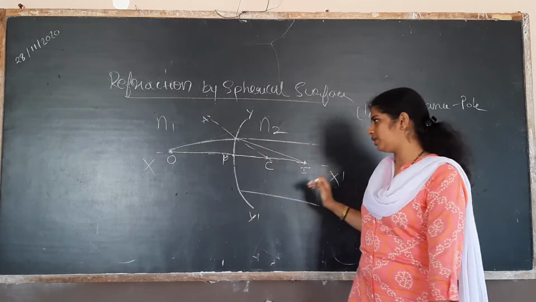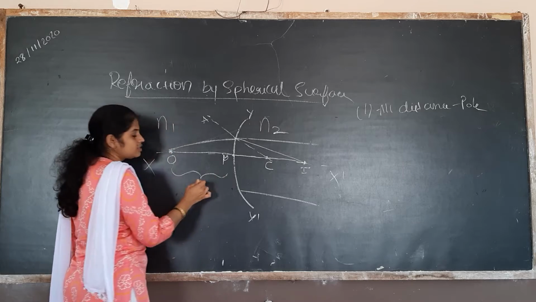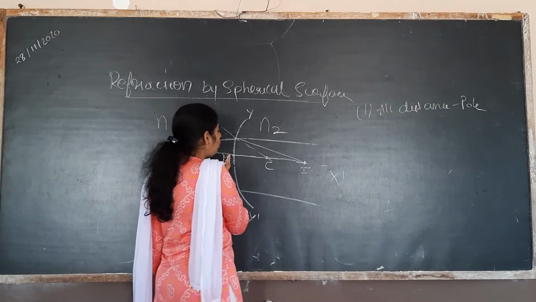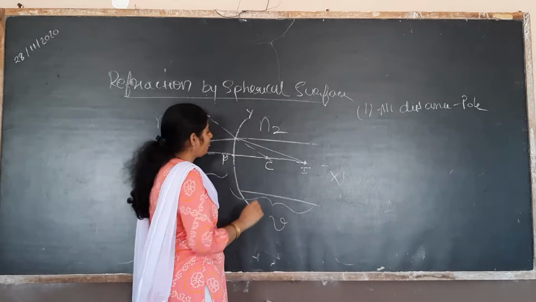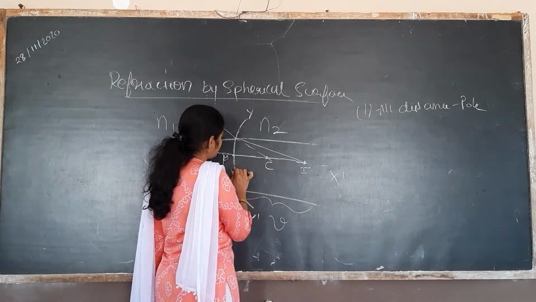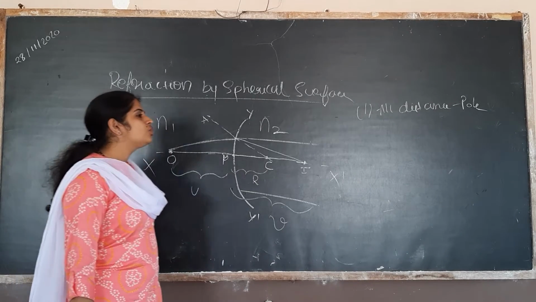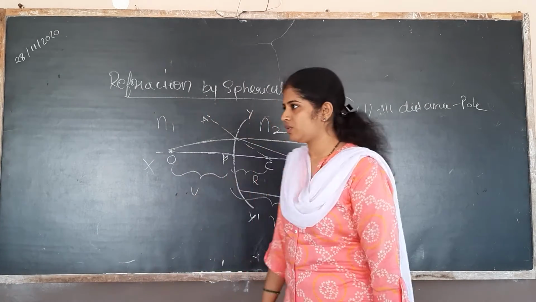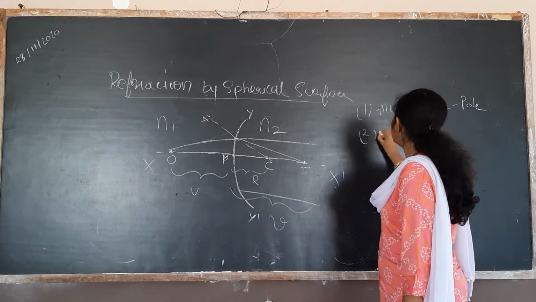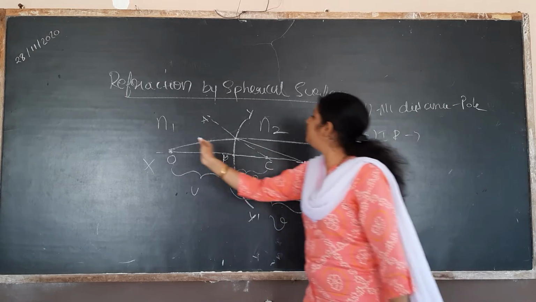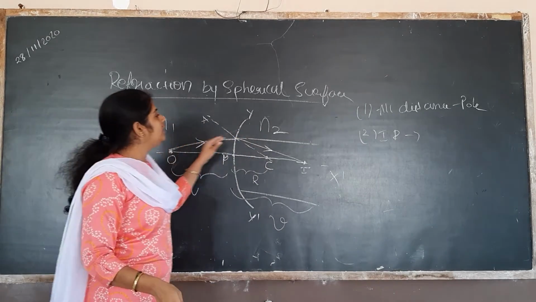Pole to object is the object distance u, pole to image is the image distance v, and pole to the center of curvature is the radius of curvature R. And one more thing, whether it is positive or negative always depends upon the incident ray. If the incident ray is in this direction, then in this direction whatever it